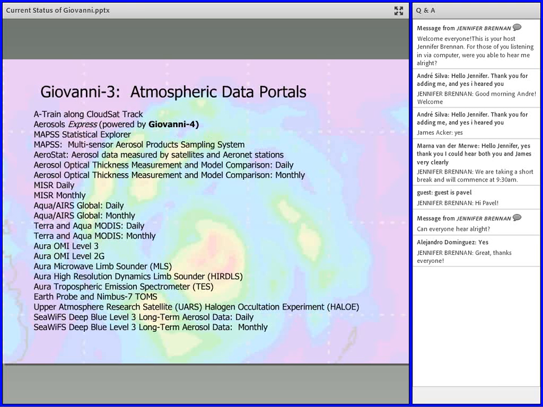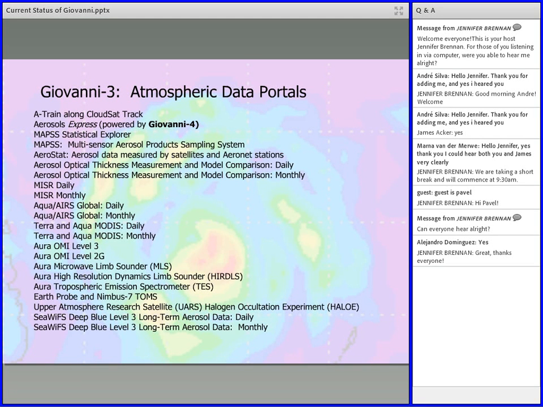I'm going to go through, though I won't read them all off, the different data portals that we have. Giovanni 4 is separate. You'll be able to find all the data in the system in one place. But when you look at what we have in the system right now, you'll see that there is a big, wide variety, even more so when I went through it than I had thought. So you can see that we have a specialty in aerosols. We have a number of different interactions with both Aerostat and MAPSS. We have a new item that you can read news about, the Statistical Explorer for MAPSS.